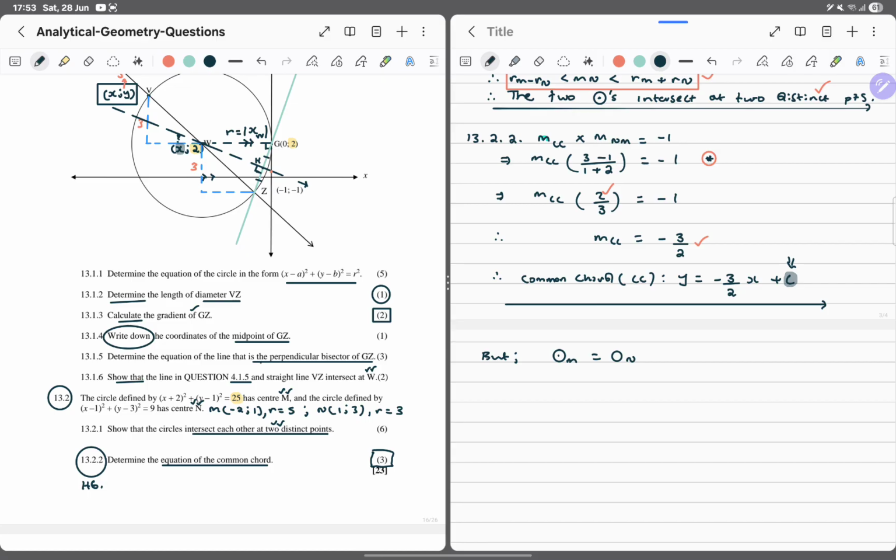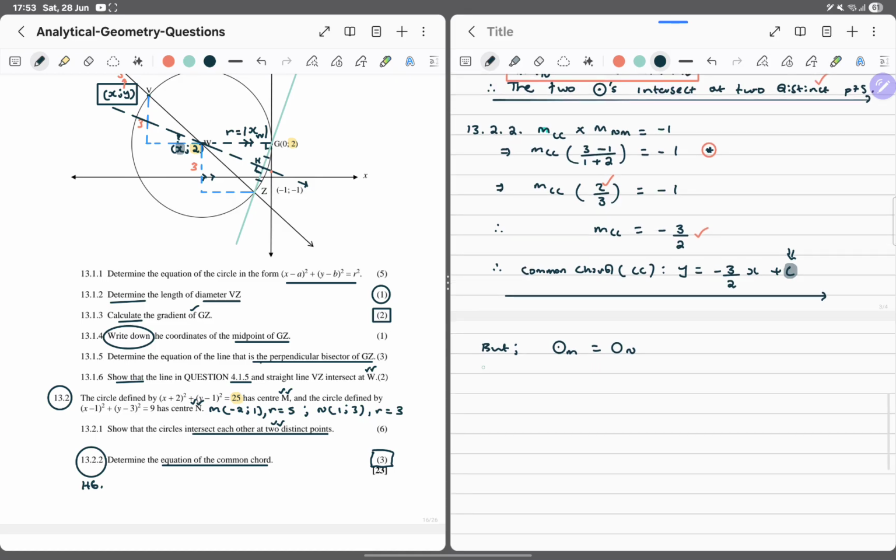Because they share a common point of intersection. So what is the best thing to do here? The best thing to do is to know that circle M can be written like x plus 2 all squared plus y minus 1 all squared. Transpose the 25 equal to 0,